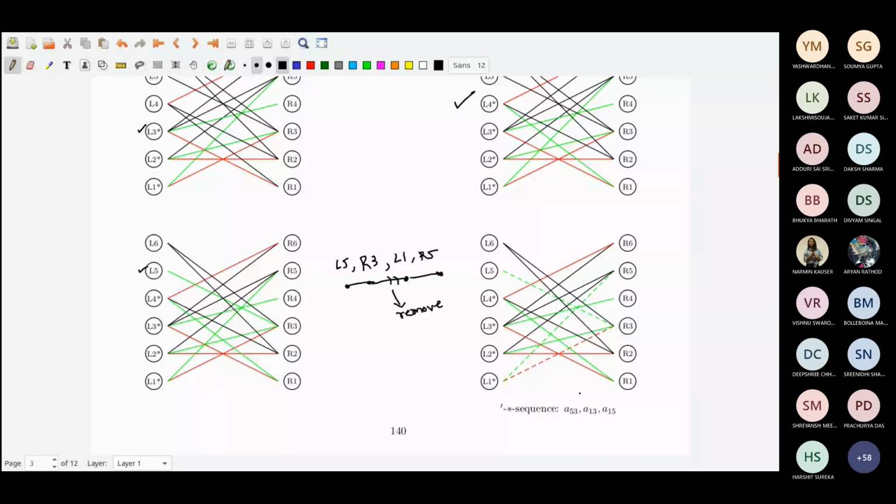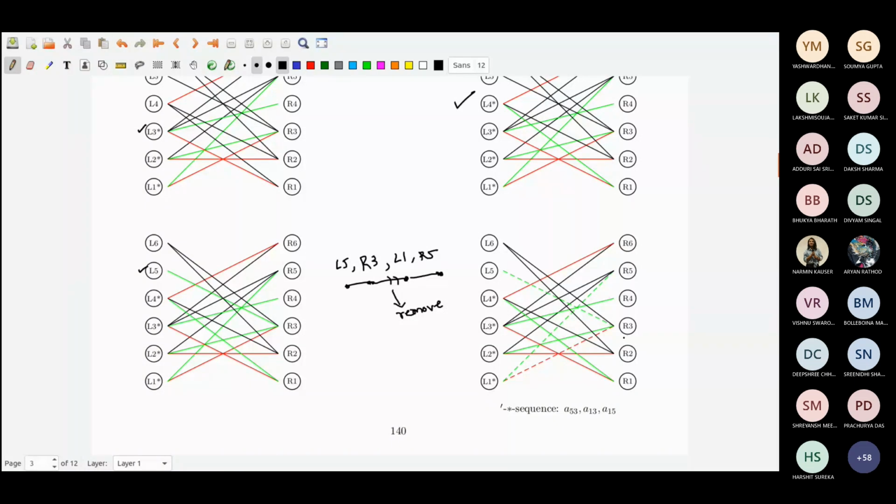A53, and the star is A13. This is the bipartite graph, and we read the matrix from left to right. For example, for this edge, for L3 to R4, the edge we read as A34, not A43, left to right, A34. From L6 to R3, the edge I would read as A63. This stands for the point of the matrix A63, that entry, not A36.